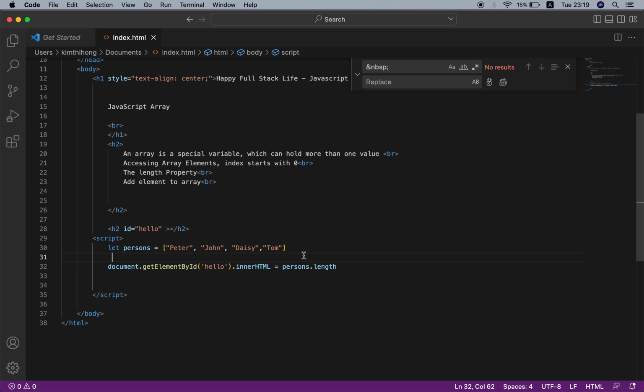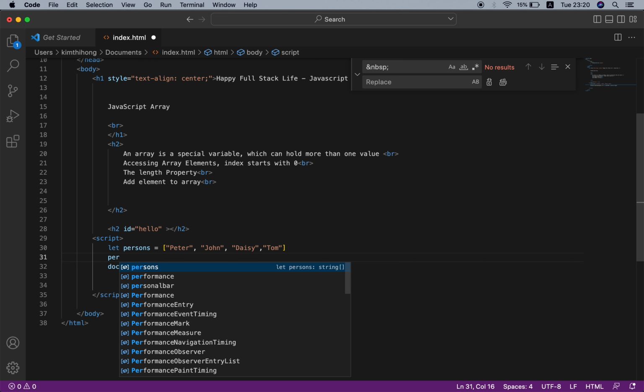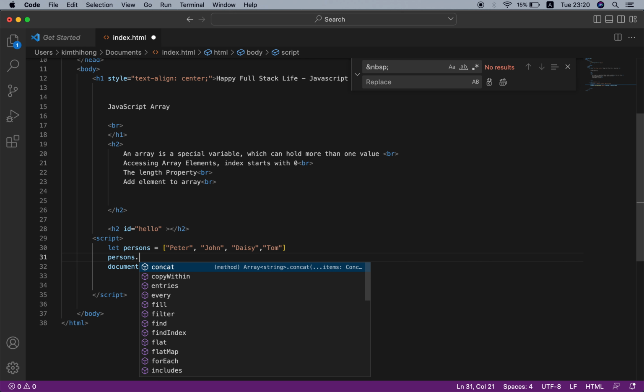And if you would like to add an element to an array, you can directly add a value to this array, but programmatically you should use a method, person dot push. Push is a method of an array that you use when you want to add an element to an array.